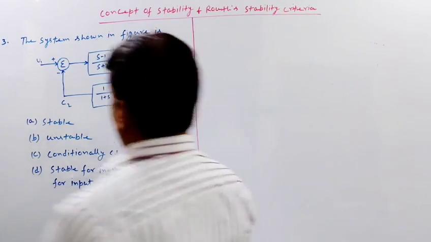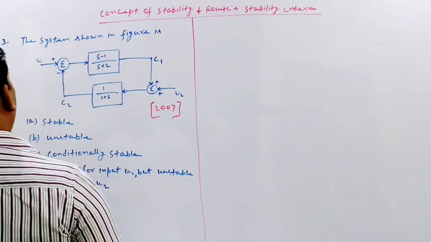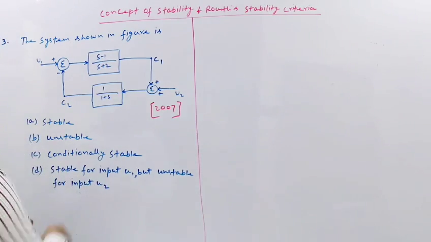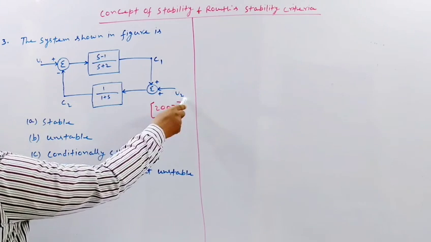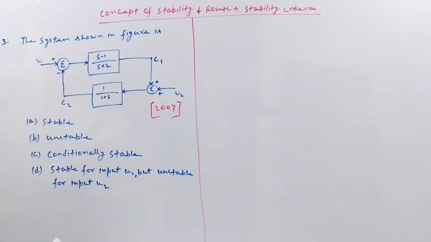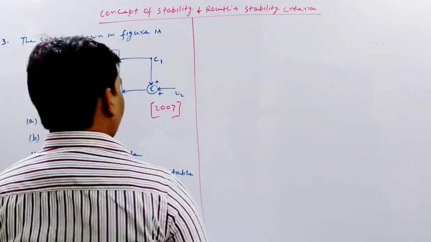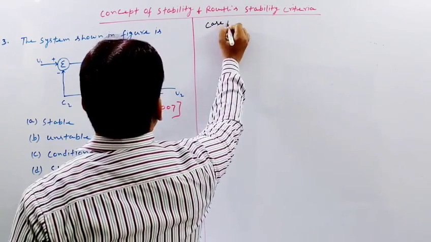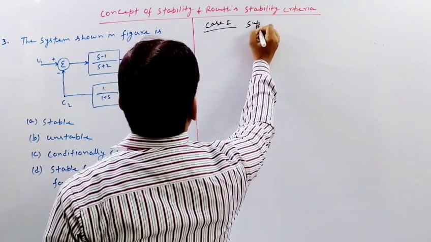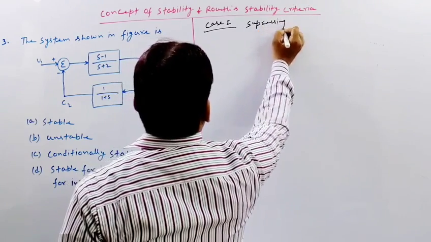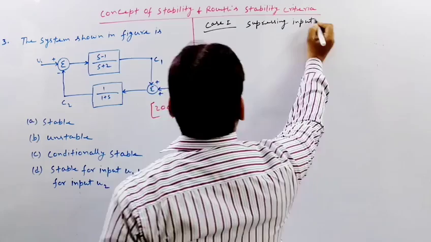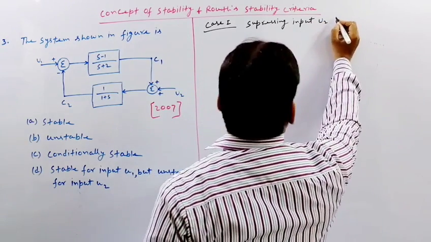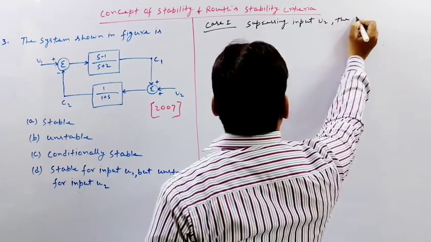Now let us see. Let us take one input and one output, suppressing the other input. So let us suppress the input U2 and take input U1 alone. Case 1: suppressing input U2, the system will be